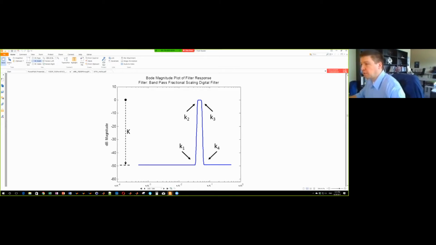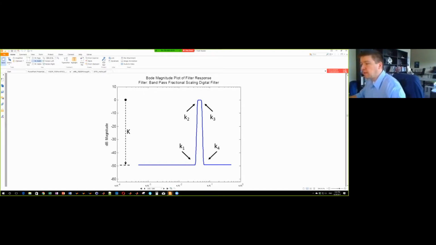Then you have another low pass filter that bends down the spectrum at K3, and then you have another high frequency amplifier that's going to cancel that out at K4 and present to you this bandpass filter that you see here,